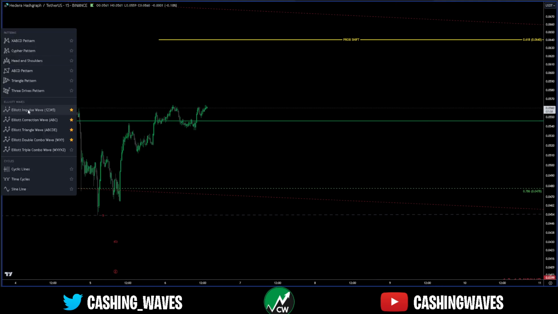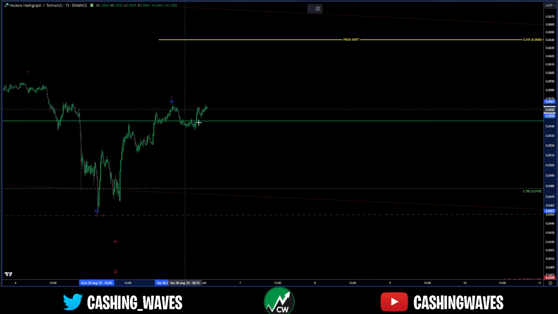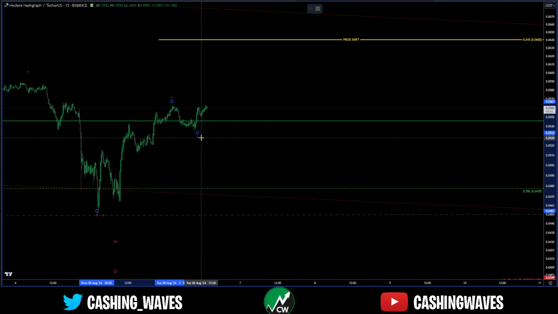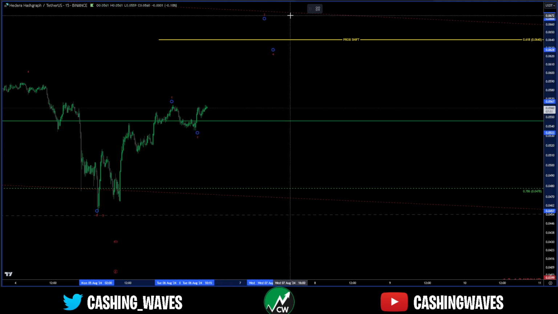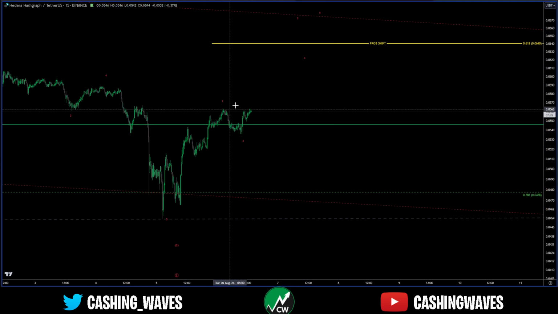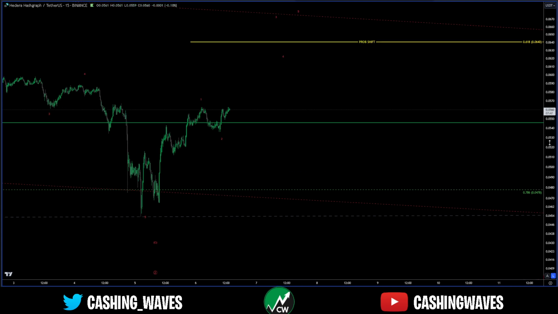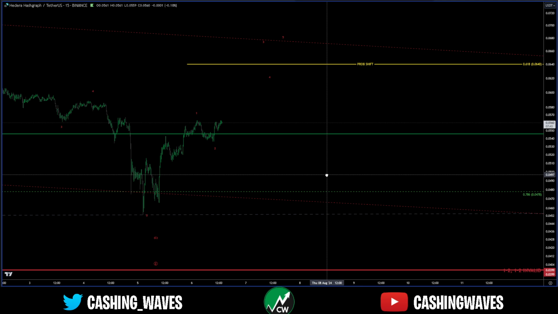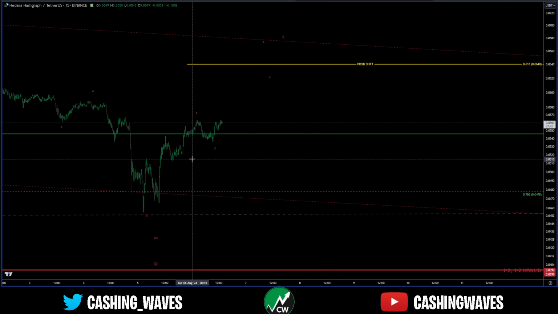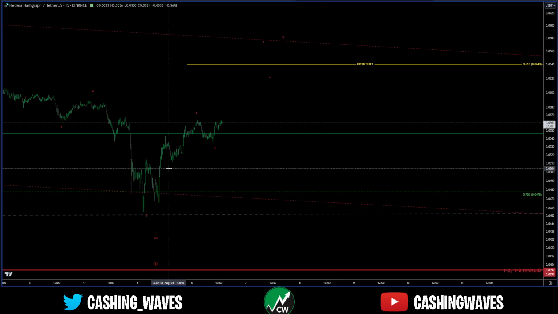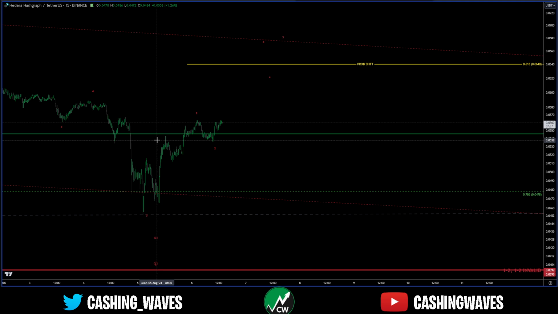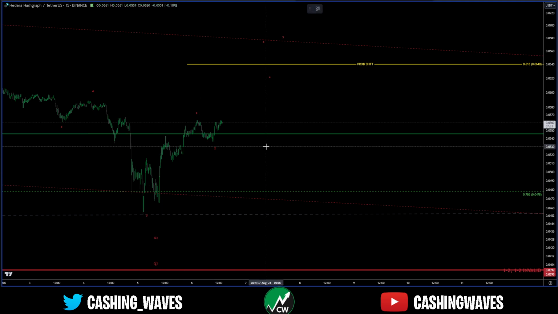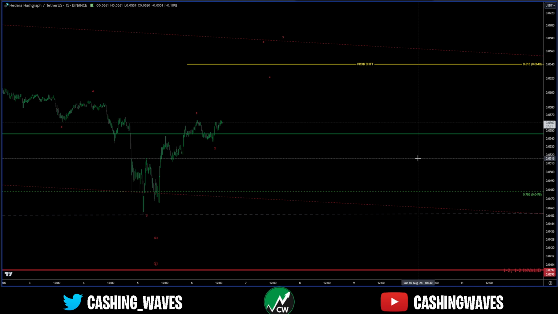It's possible that this is a 1-2. We get our 3, 4, 5, but I'd rather see a little larger correction. Might not get that, but I'd rather see one before I get involved here. Got overlap there. ABC. This diagonal could even get bigger. So I would give it a little more time.